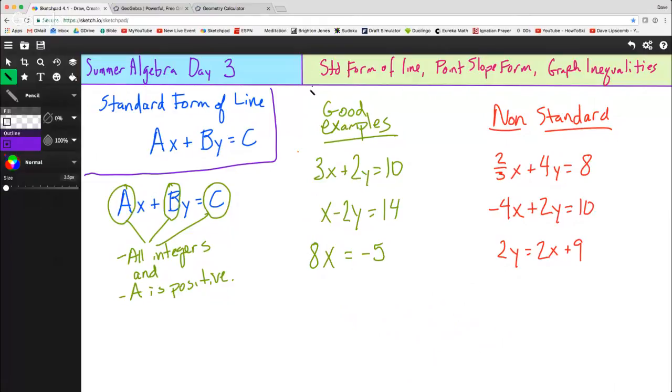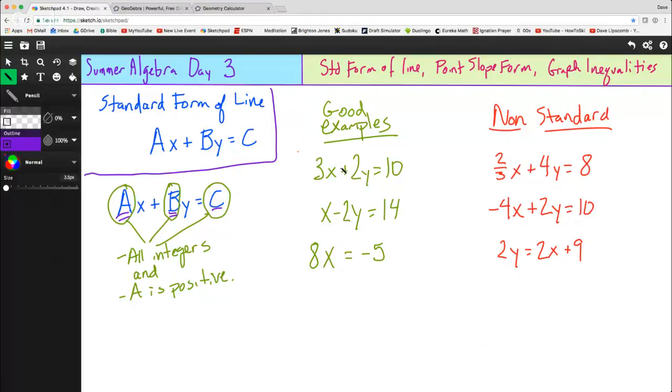equals c. And the deal here is that these are your numbers, values that change. And the deal with them is that each one of them has to be an integer. A, b, and c have to be integers, and a is positive. So b and c can be negative, but a must be positive, and then all 3 of them, again, must be integers. So some examples would be, this is the equation of a standard form of a line: 3x plus